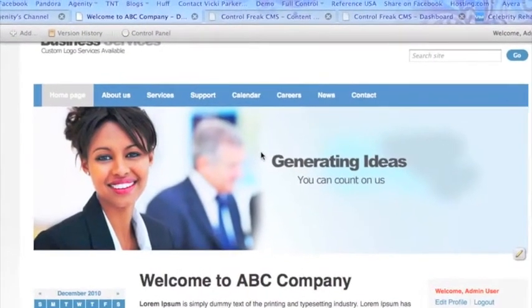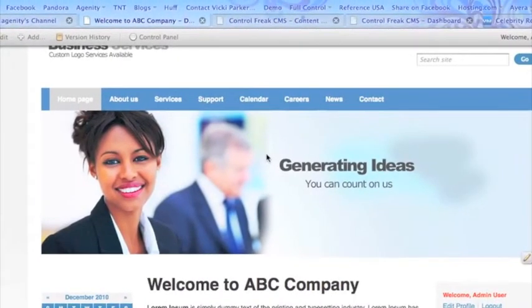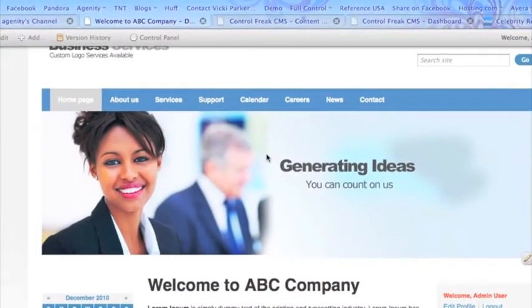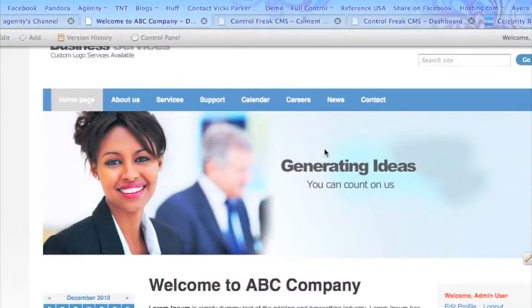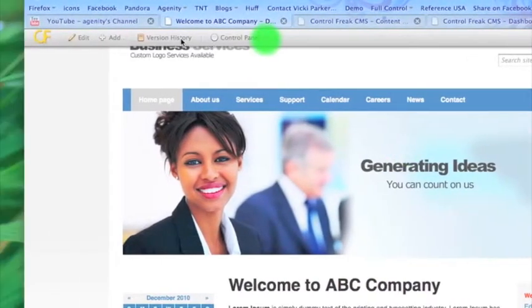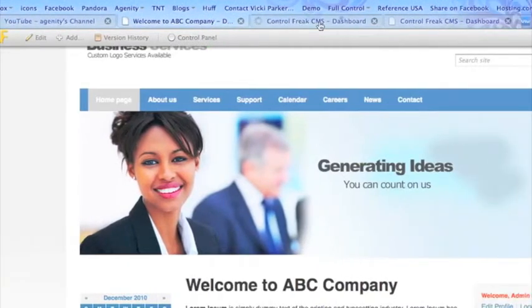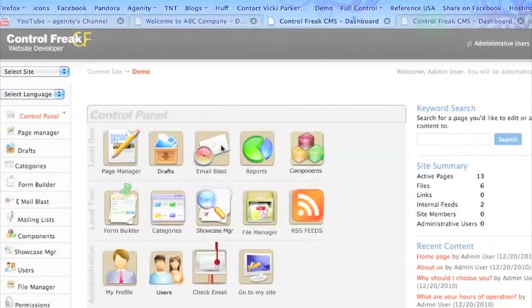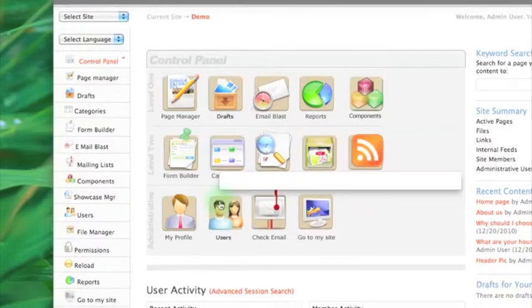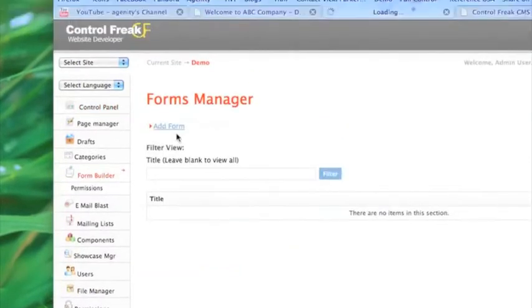Okay, I'm going to show you how to create an HTML form so you can create feedback forms, job openings, or job applications and things like that that you can post throughout your site. If you click on Control Panel from any page that you're on after you've logged in, and then click on Form Builder, and then click on Add Form,